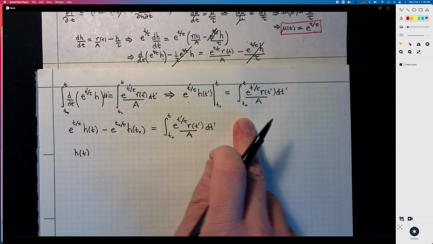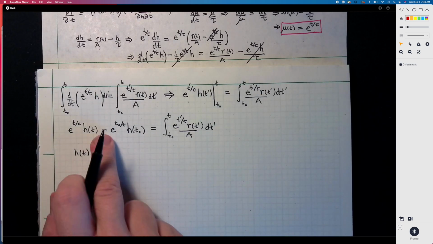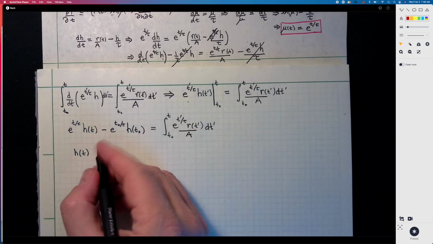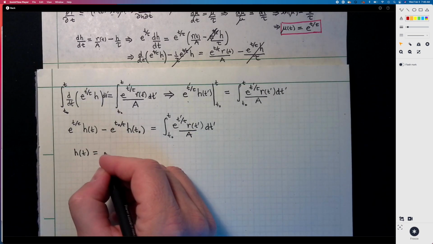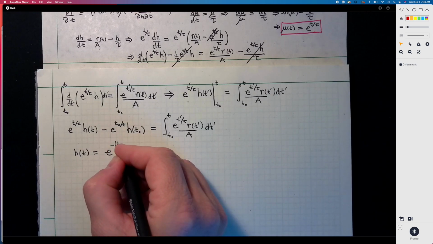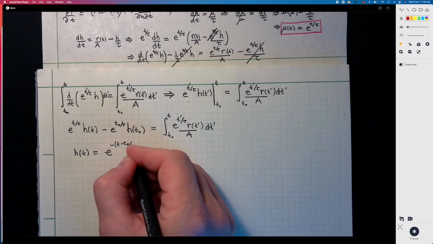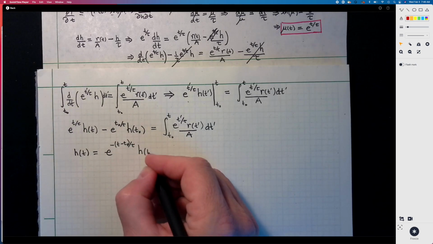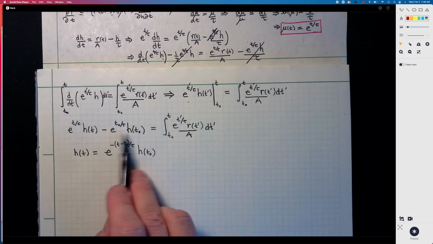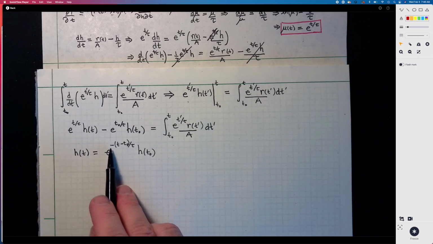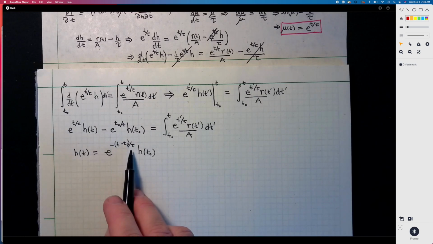So we'll divide every term, so it'll be gone here. This one, which I'm going to now bring to the right hand side, is going to be a plus e to the minus t naught divided by tau h of t naught. So that's this part here. After dividing through by e to the t over tau, that makes it e to the minus t over tau